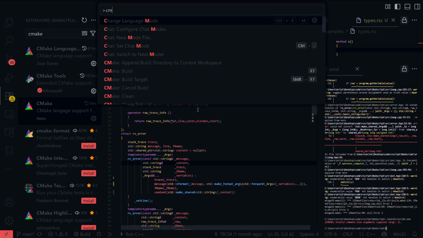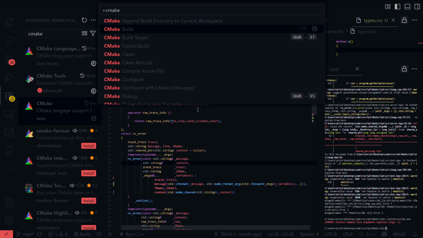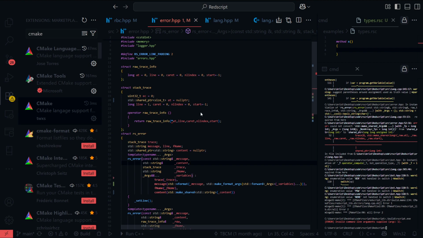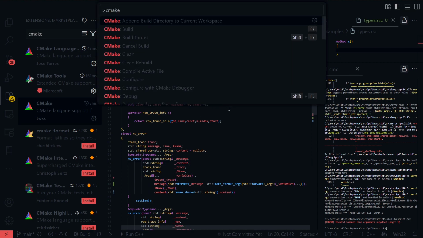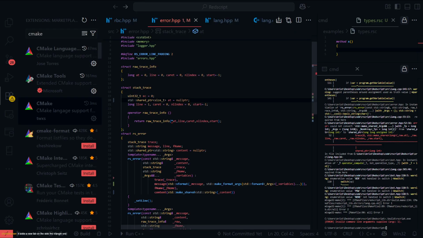So can I run like CMake? Oh yeah, CMake build, F7. But there was a problem where I ran it, and it built everything into my project directory instead of the build folder. Do you know what I mean? So it didn't actually build it into the build folder. And I had to add a new tab on the side, the triangle one.